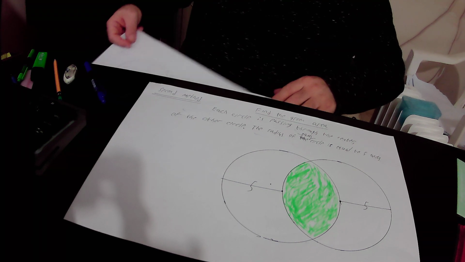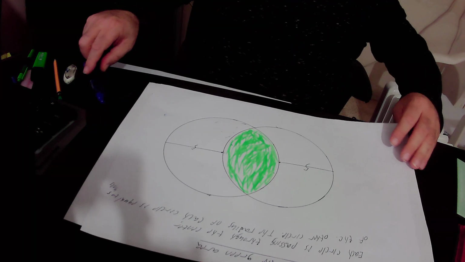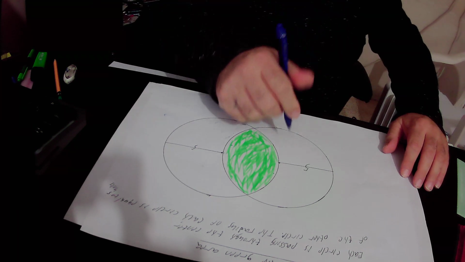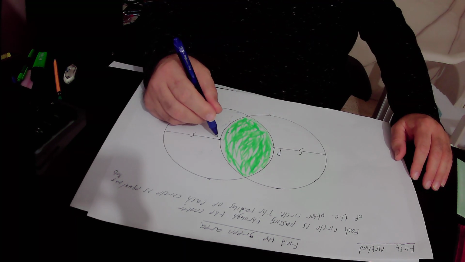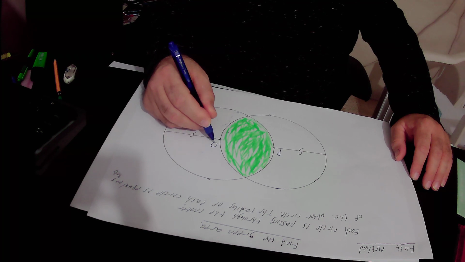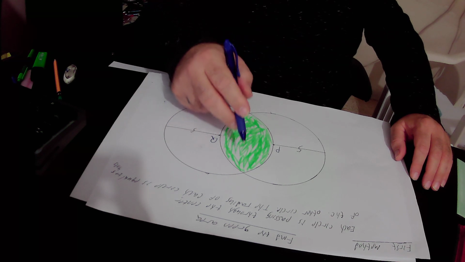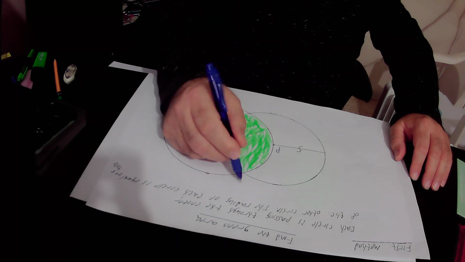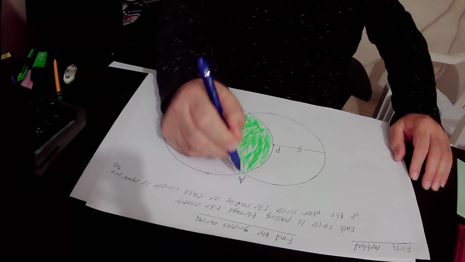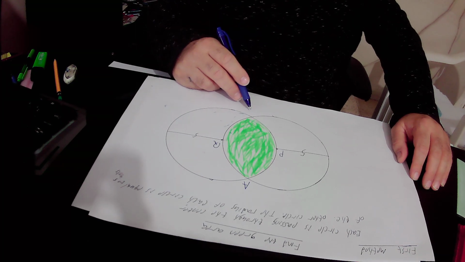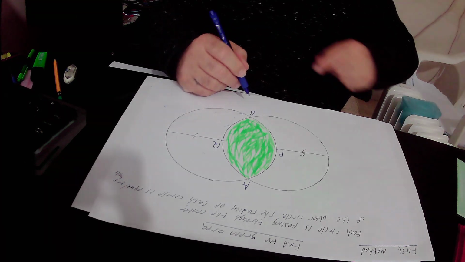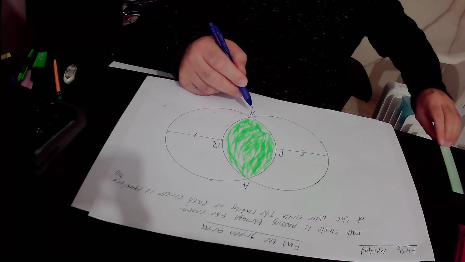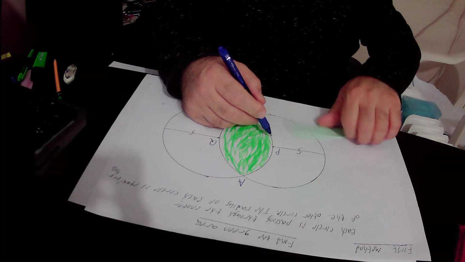So we will define the center of this circle as point P, and the center of this circle as point Q. We will define the first intersection point between those two circles as point A, and we will define the second intersection point of those two circles as point B. Then we will join together points P and B by a straight line,